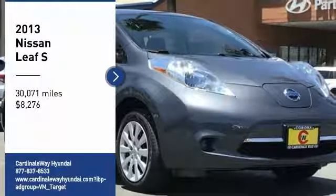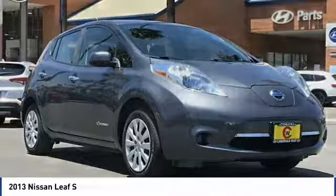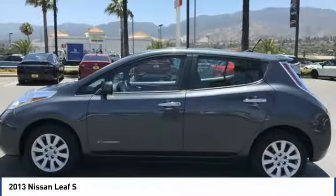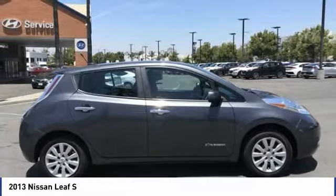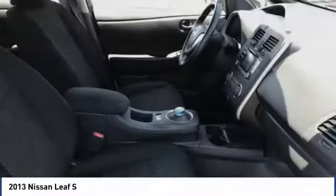Stop by and take a look at the 2013 Leaf. The Nissan Leaf, our leading, environmentally friendly, affordable family car, is an electric car you can truly feel good about driving. Zero emissions plus zero gasoline equal more green on the road and more green in your wallet, and